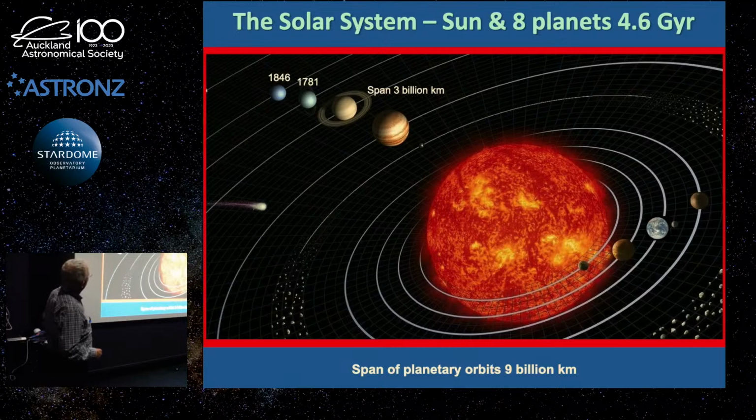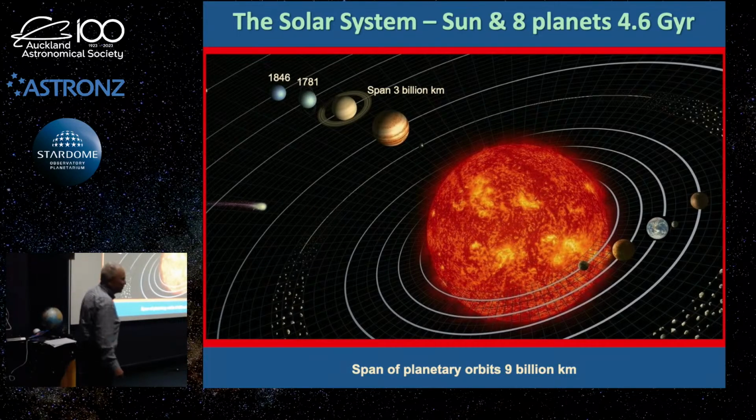And Saturn's orbit from the sun is about 1.5 billion kilometres, giving the solar system a span of about 3 billion kilometres. Remember these figures, by the way, guys, not literally the figures, but just remember the gist of these figures as we go along. So up till the invention of the telescope, the span of the solar system was about 3 billion kilometres.